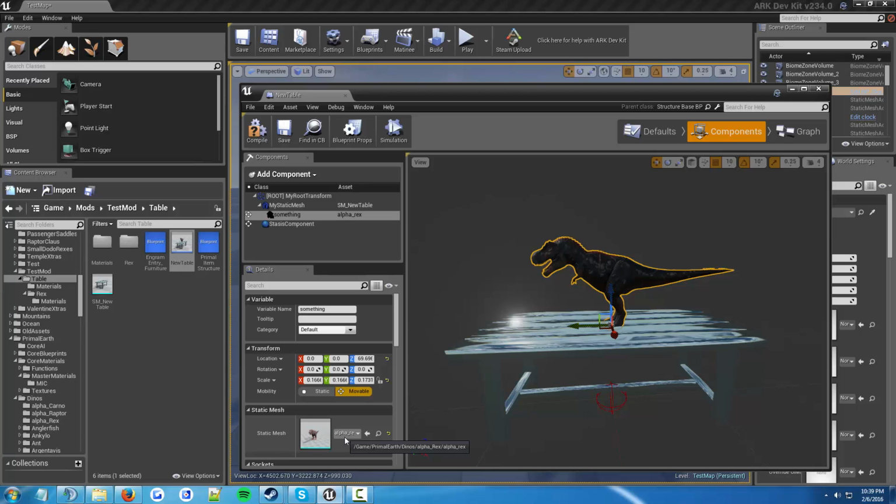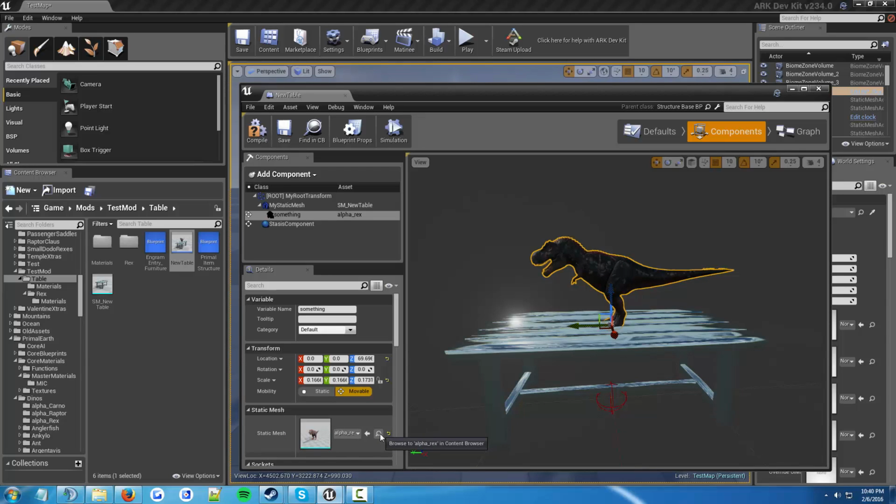So we need to also get this static mesh into our mod as well, because it's a good chance we cook this up and then we put it in game. It's not going to read it correctly because it's not in our mod, and the Rex may not even be there. So we're going to also put the static mesh in our folder as well, and everything that it's referencing,